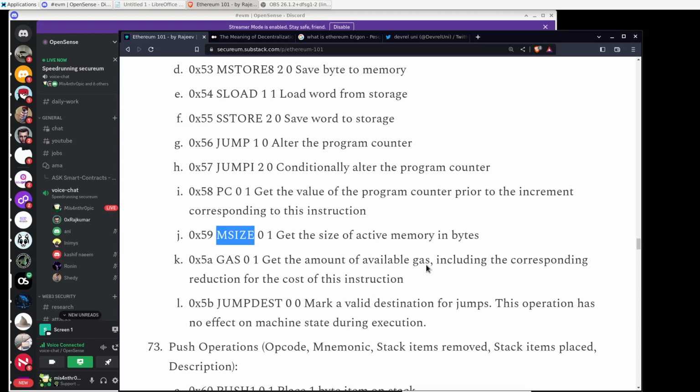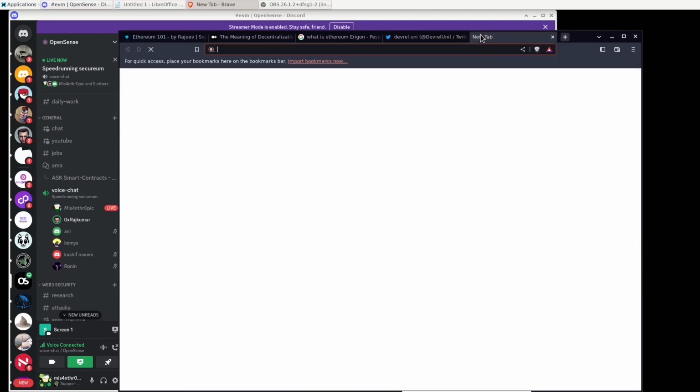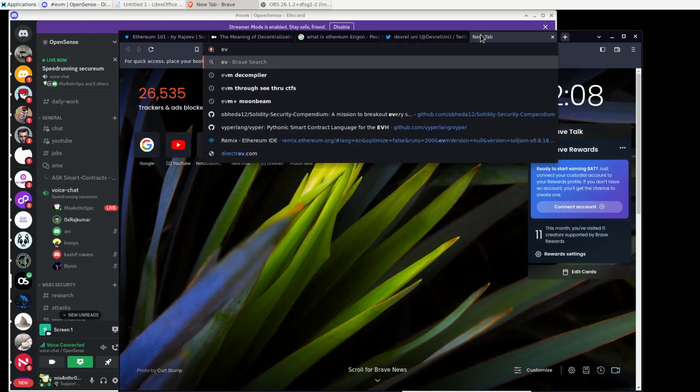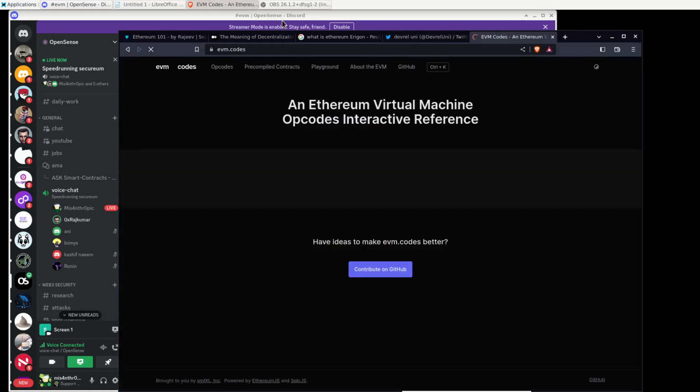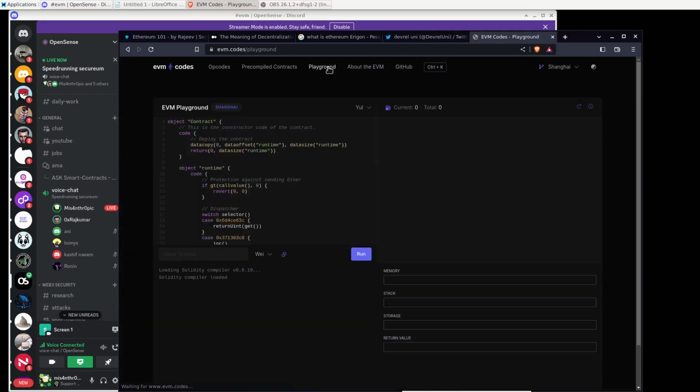So I think you guys are reading all the opcodes, and if you want to get more detail, you can check evm.codes. And we have one more opcode which is push zero, which is of 2 bytes, and which adds a zero onto the stack with two gas only. So yeah, maybe that's the gas cost.